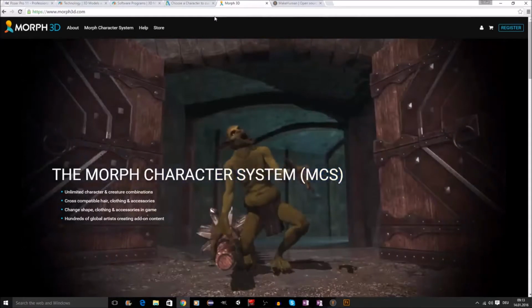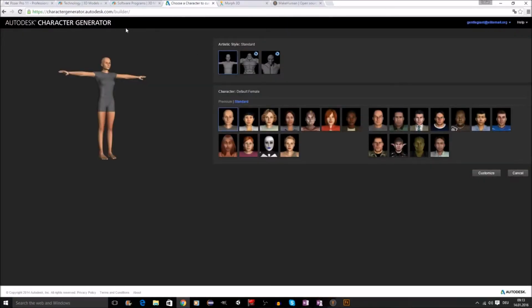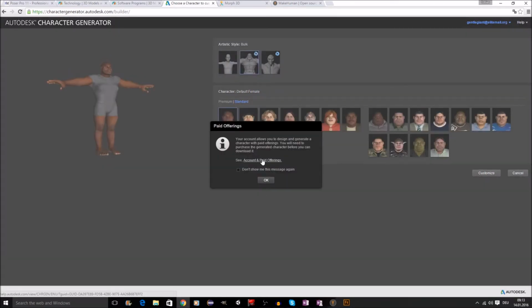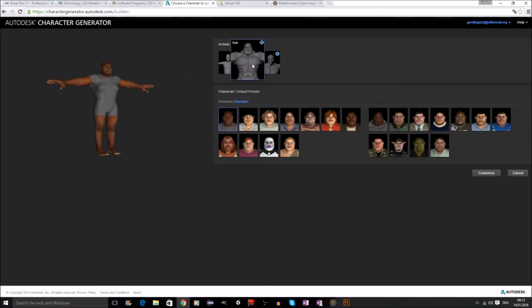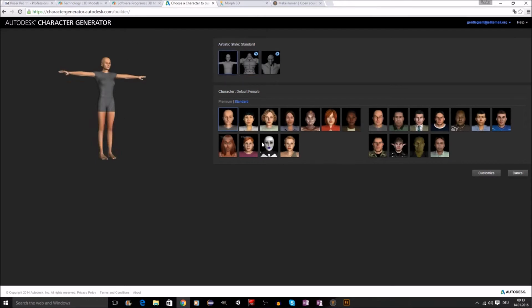First of all, I looked at the Autodesk character generator. This seems to be still fairly new, and I think it's still a work in progress. Don't want to say anything wrong here. Right now I cannot do this because I don't have a license for it. I'm just using an educational license on this instance. But you can take a base mesh for a person, and then you can choose different